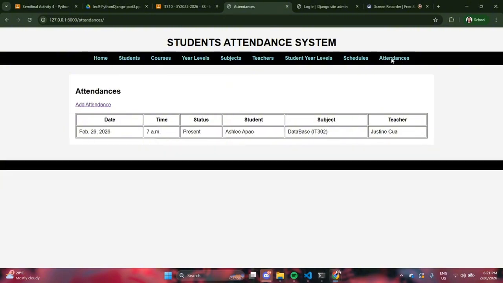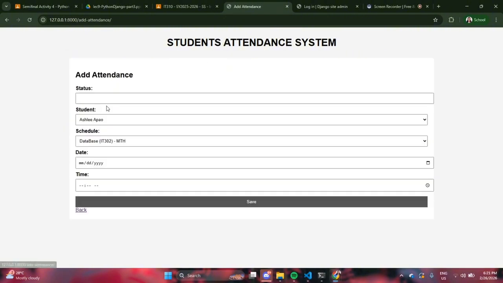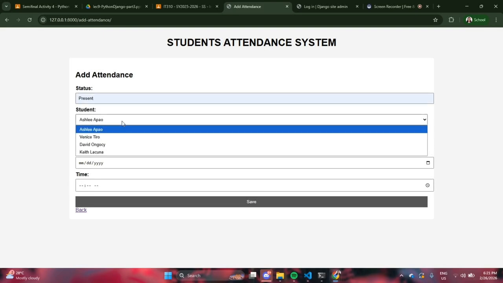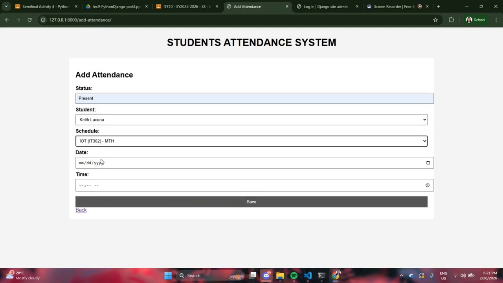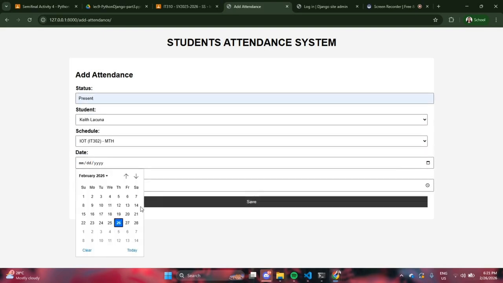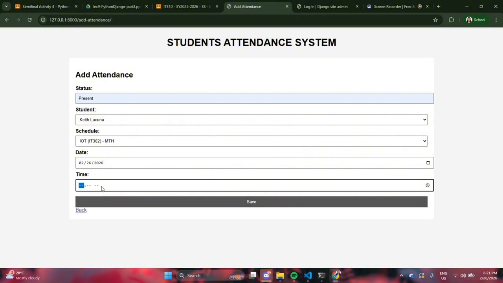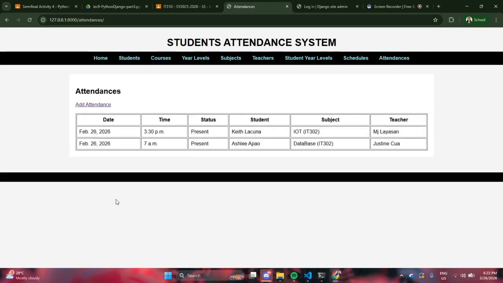Then if attendance, status present, Kit, IoT, today's date, time 3:30 p.m. Save. And the new attendance was saved.